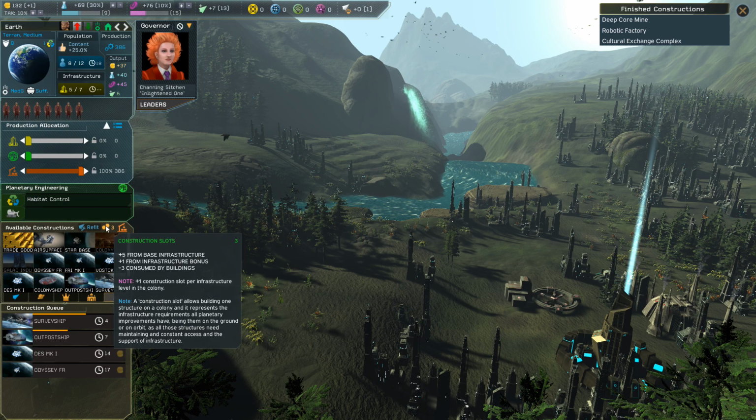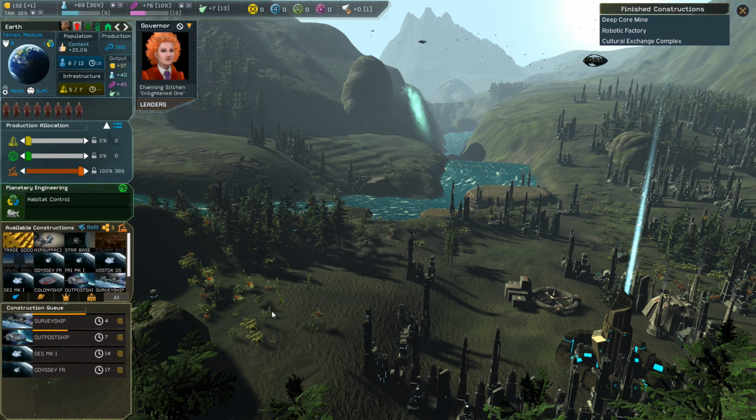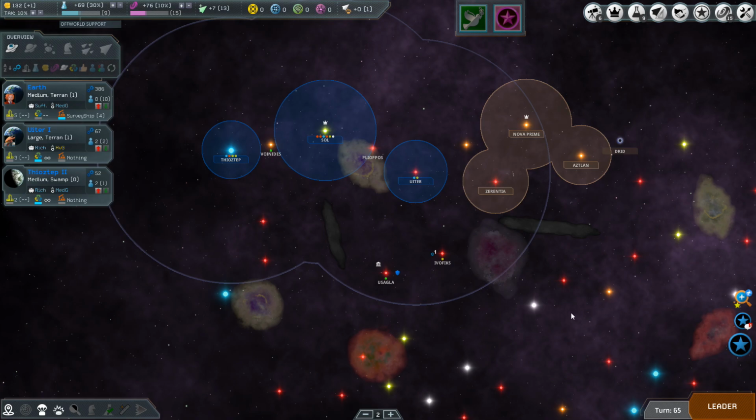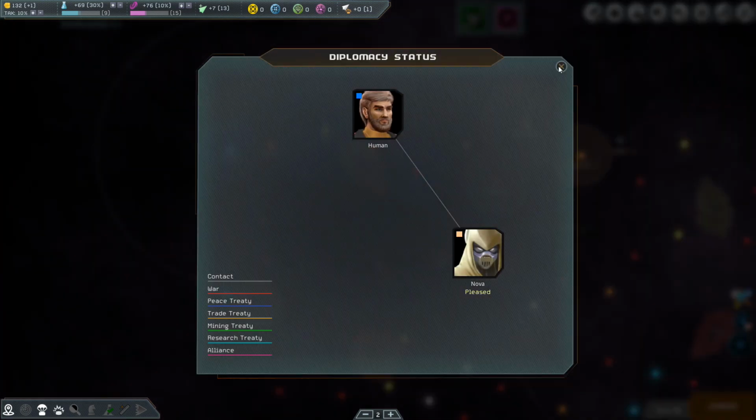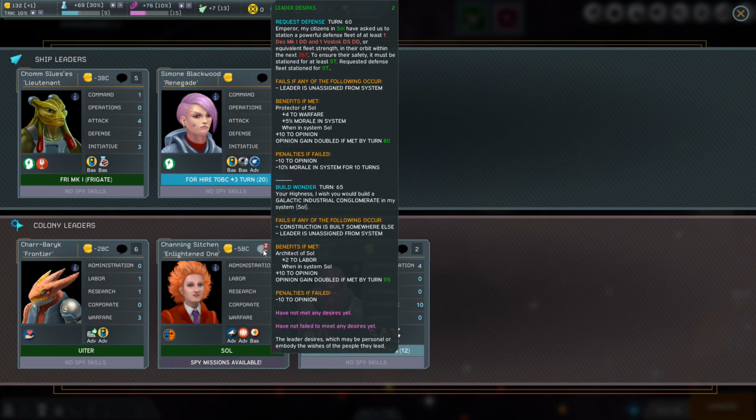We have 3 construction left. I am getting the ships in 17 turns. 17 turns from now. Wait a minute. Is that before turn 80? So we can go in and check that again. There. If we do before turn 80... Wasn't it turn 80 for the...